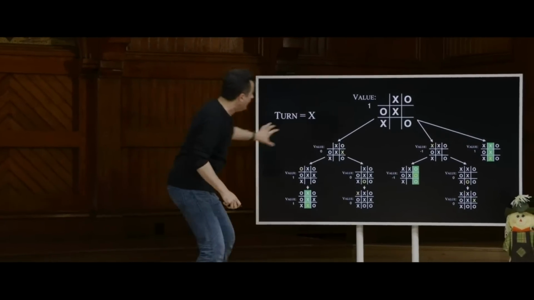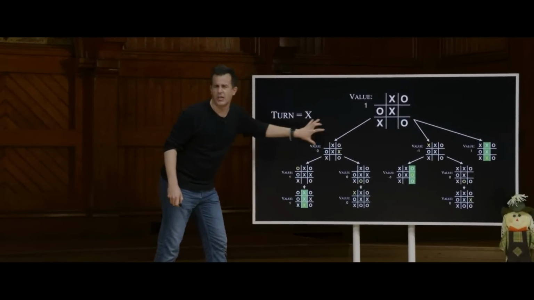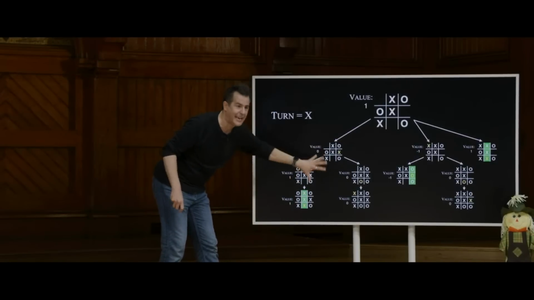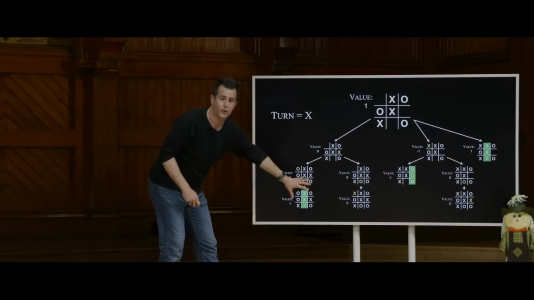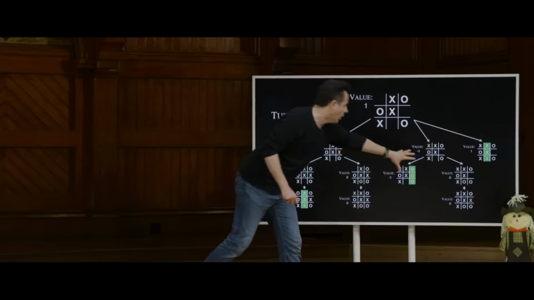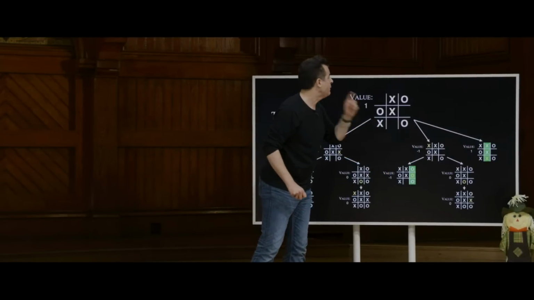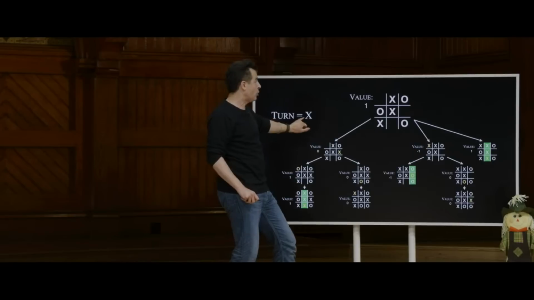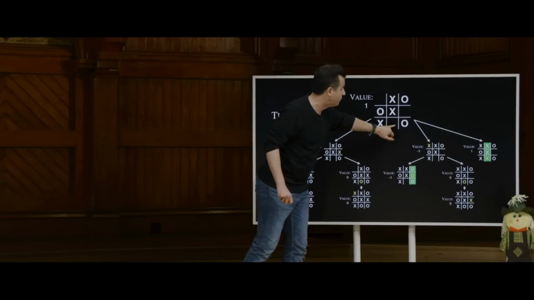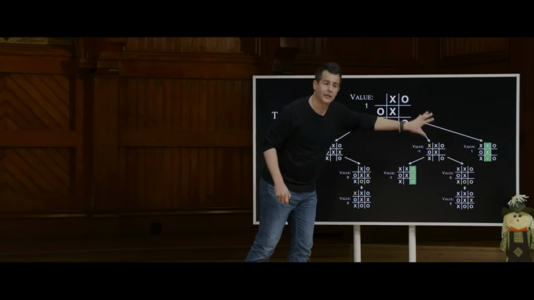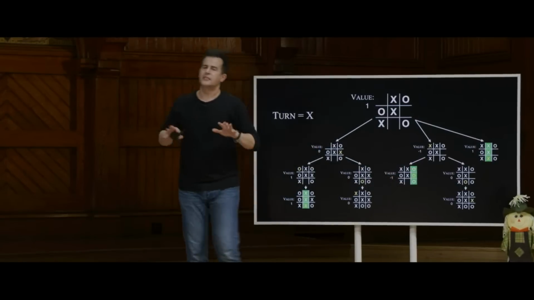Now, even so, here is that same subtree, the same decision tree we just looked at. This is the exact same thing, but I shrunk the font so that it appears here on the screen. But over here, we have what could happen if instead it's actually X's turn, because we're one move prior. There's a bunch of different moves X could now make too. So what is the implication of this?